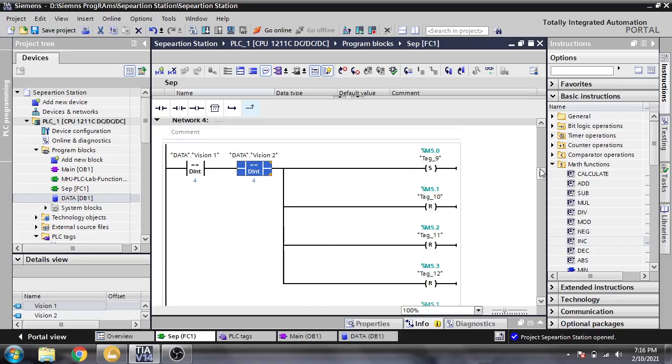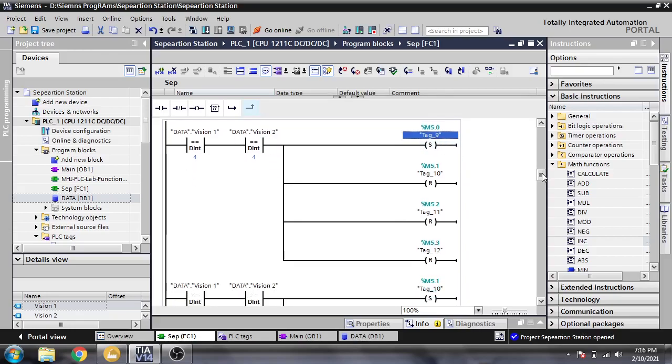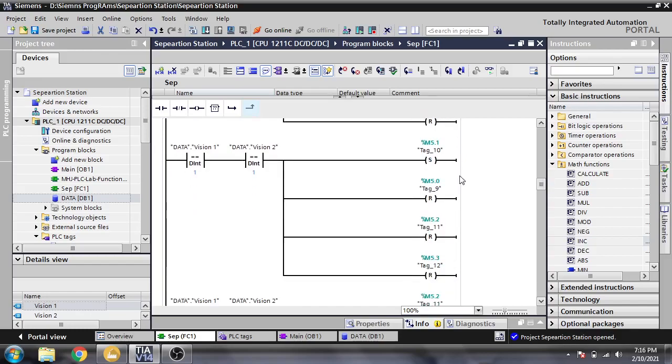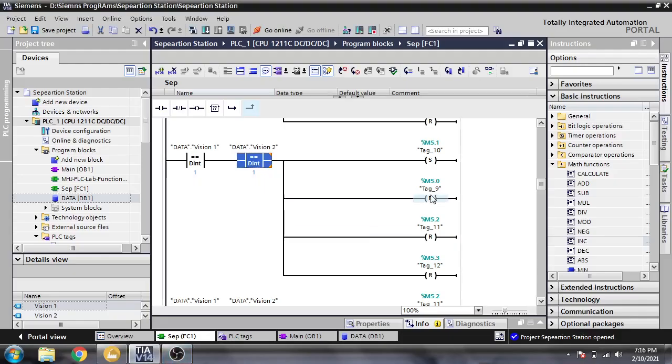It will set my memory bit, which is M5.0, and reset all of M5.1, 5.2, 5.3. And if both have a blue, which means the value is 1, it will set M5.1 but reset the ones below, M5.0, 5.2 and 5.3.